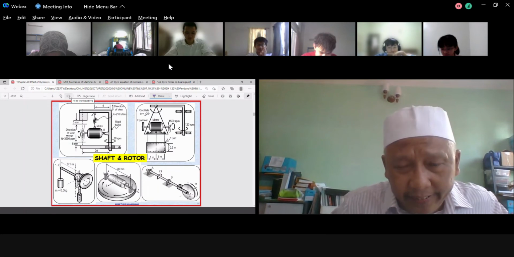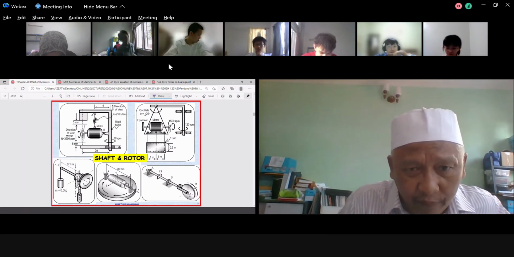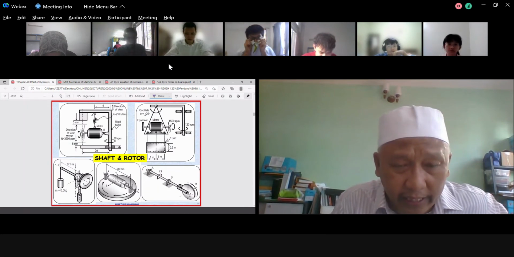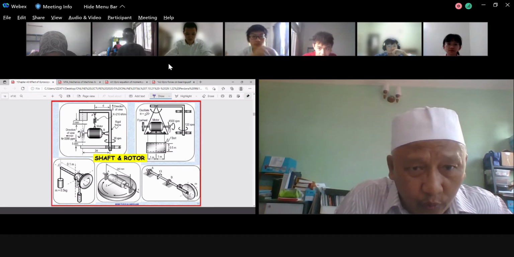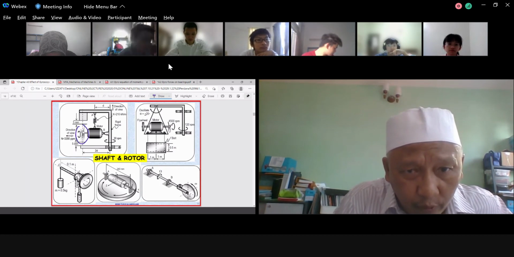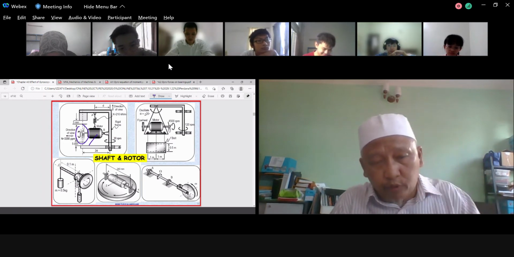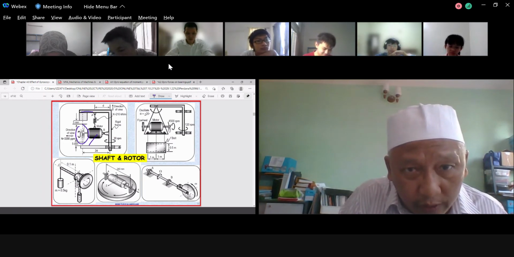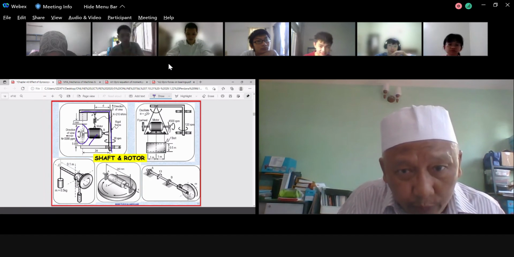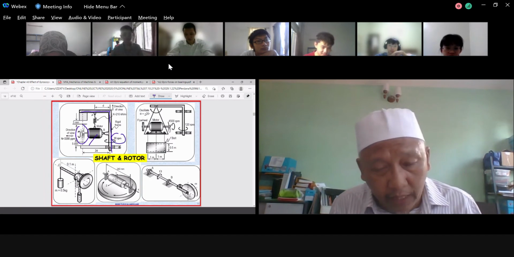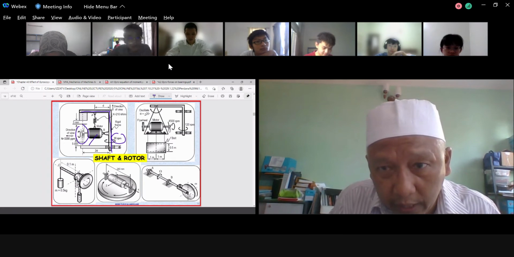Okay, now this is another example for shaft and rotor. These are all the things you're going to learn later on. Shaft and rotor. This one you have a propeller. You have the motor run the propeller, and at the same time, while the motor runs the propeller, the whole structure also revolves at a speed of 30 rpm, for example. Same thing here, you have a propeller here. This one you have a pulley.